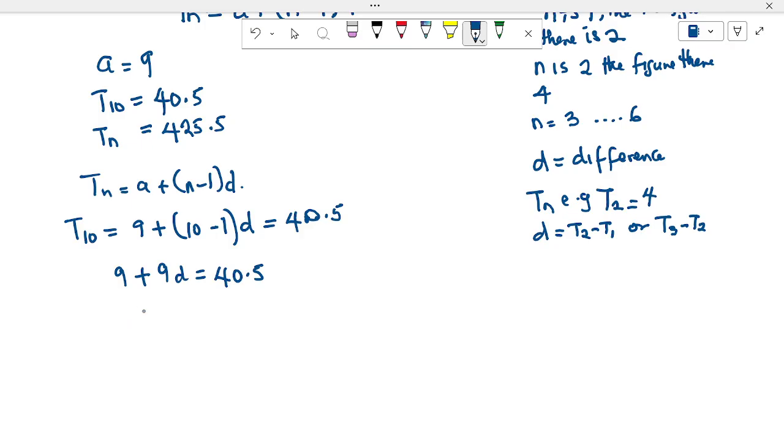Do your mathematics. You have 9d equal to 40.5 minus 9. When this is plus 9, when it crosses the equality sign, it turns to minus. So we have our 9d to be equal to,